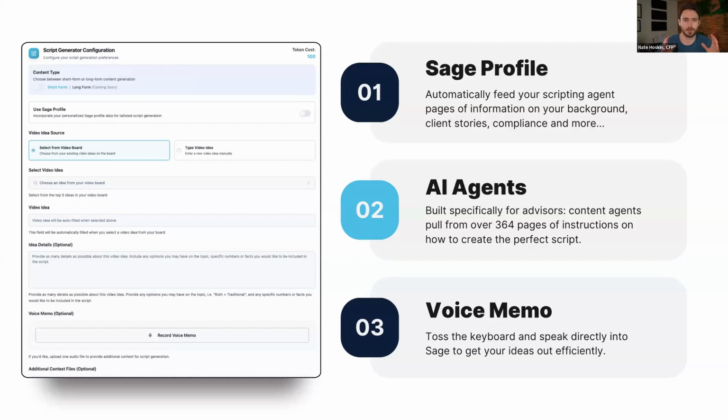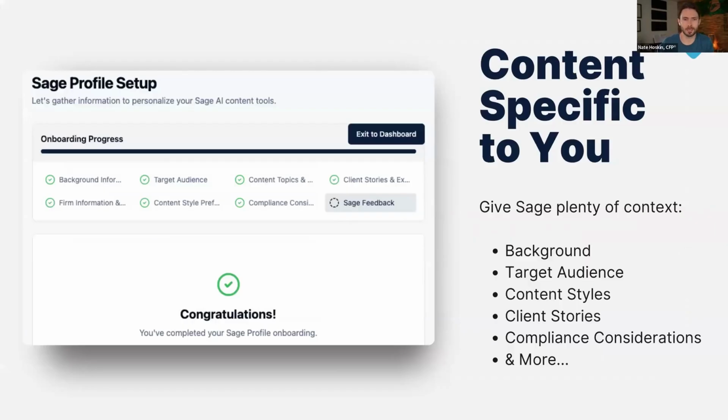And you're not just going to get content that is specific to advisors. You're going to get content that's specific to you because we've included the Sage profile. The Sage profile is where you add all of that context. You're going to need Wealthbox to pull all of that information. You're going to need to understand your ICP. You're going to need to understand exactly who you want to speak to. But by doing so, you will give the AI all of your context, and then we will give it all of our context on how to actually make a video that converts. The combination is a video that actually grows your firm.